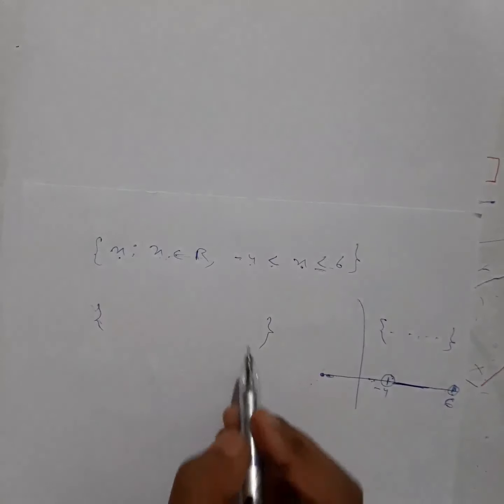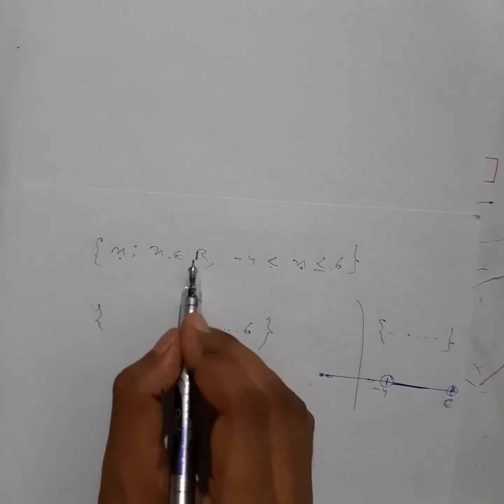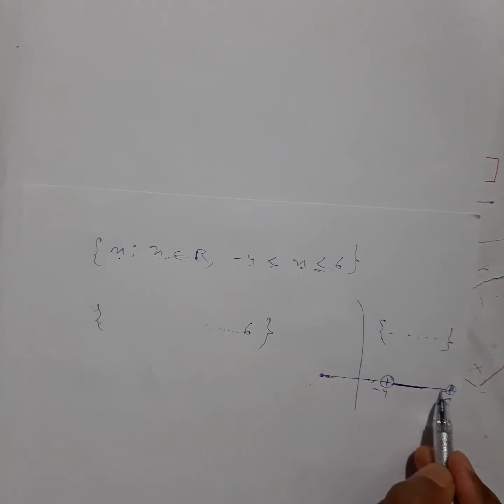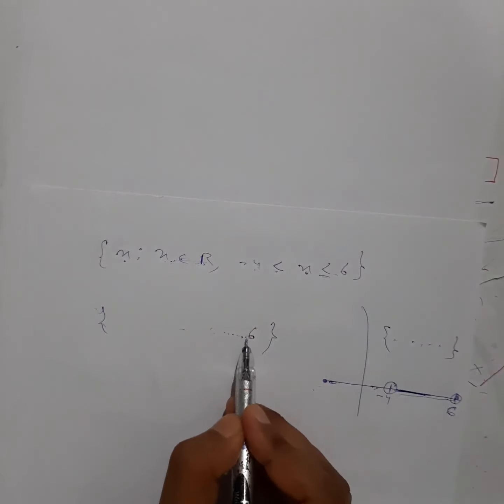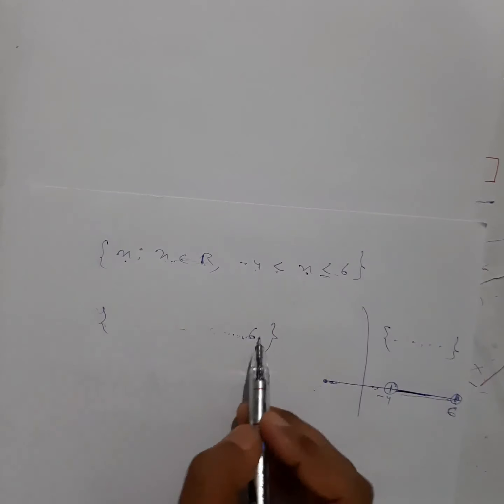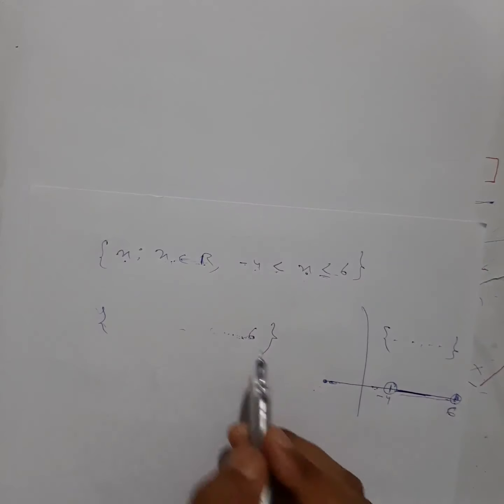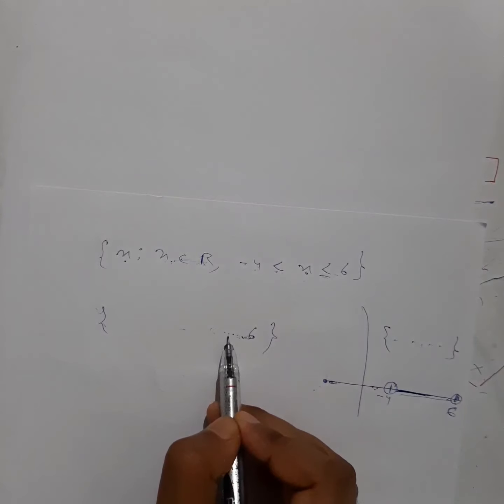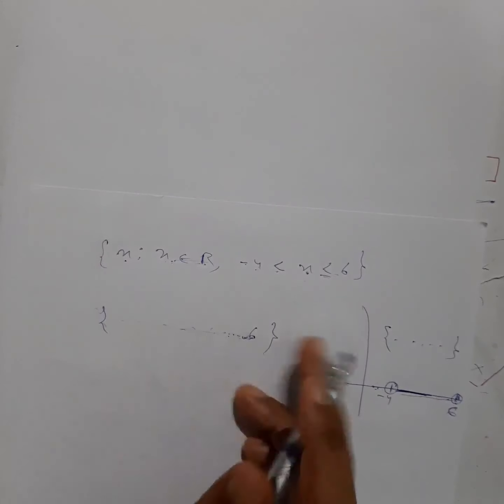So when I have to write the elements, 6 will be an element, and before this whatever is there, all will be elements, because they have said x is a real number. If it is a real number, all the numbers which you have here will be there in this set, right? Before 6, I won't be able to say which number, because infinite numbers are there. Can you say what the number before 6 is? You cannot say in real numbers. If it were natural numbers I could have said 5, but here it is real numbers, so before 6 I cannot say what the number is, so you cannot represent it in listing form, right?